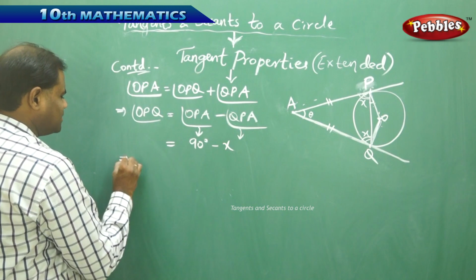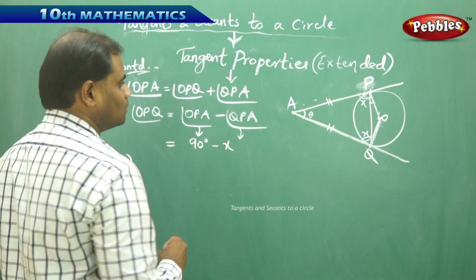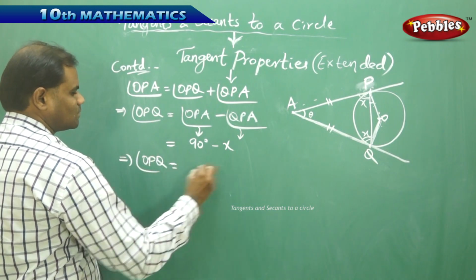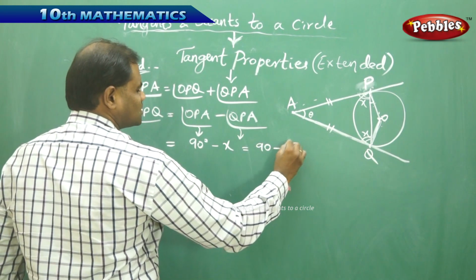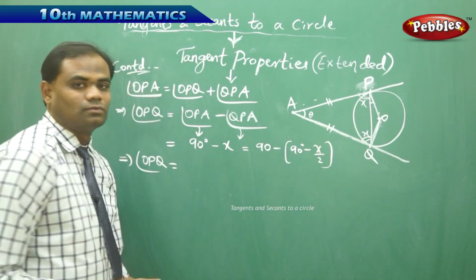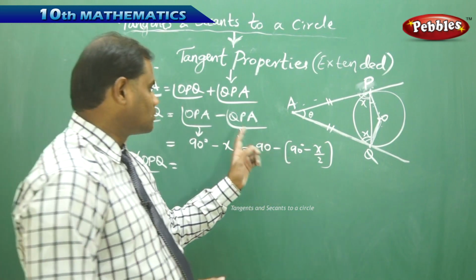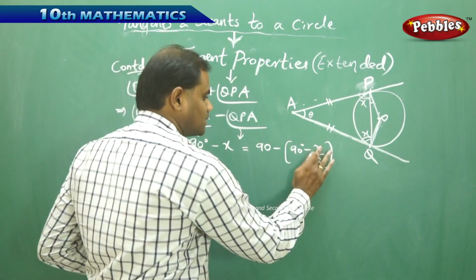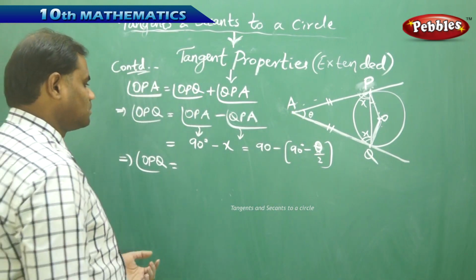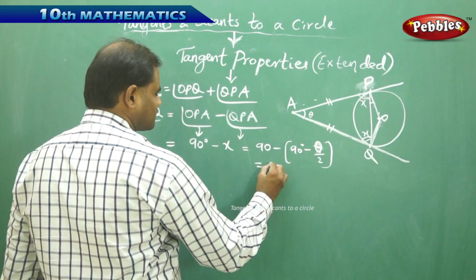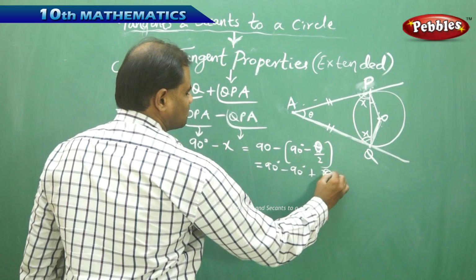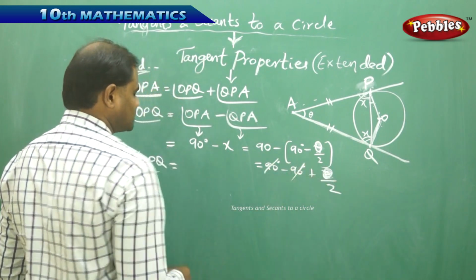So my angle OPQ is nothing but 90 minus x. x is already substituted to be 90 minus theta by 2, which we have already proved. So simplifying this further, I get 90 minus 90 plus theta by 2. Therefore, on cancellation this gives me